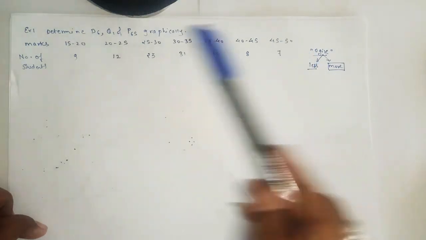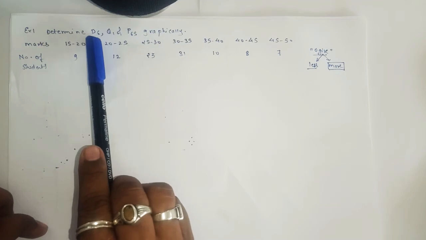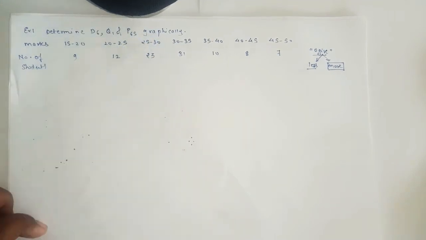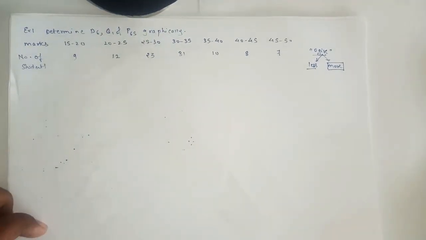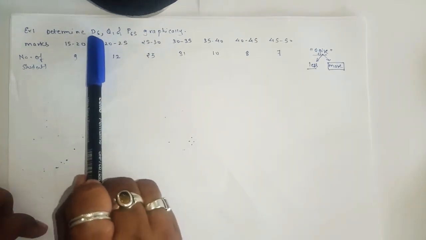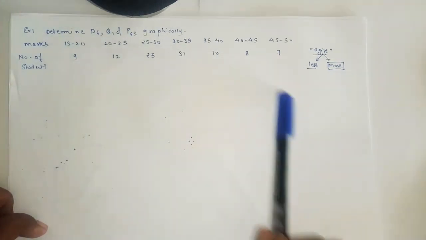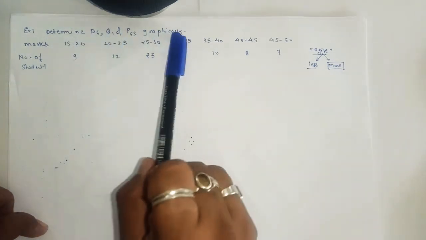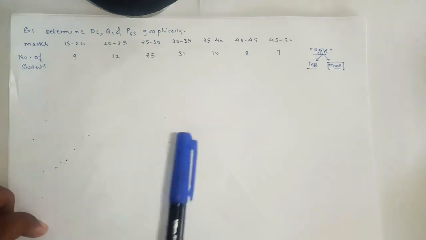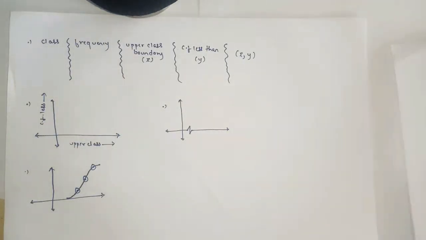So you will have class and frequency for each and every sum, and in each sum what will change is this part. Sometimes they will say simply find the quartile, sometimes they will say simply find the percentile. But here we'll take one example, question number 1 of exercise number 1.3. We have to find D6, Q1 and P65. We'll see how to find the answer for deciles graphically, how to find the answer for quartiles graphically, and how to find the answer for percentiles graphically. But before that we'll see the concept based on the ogive.